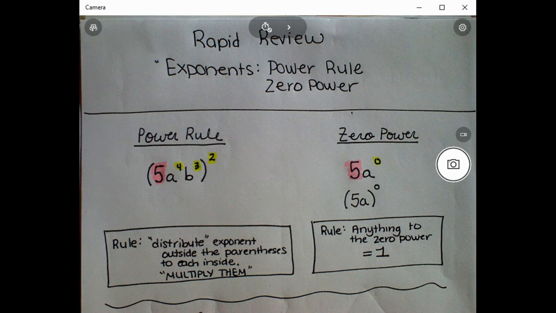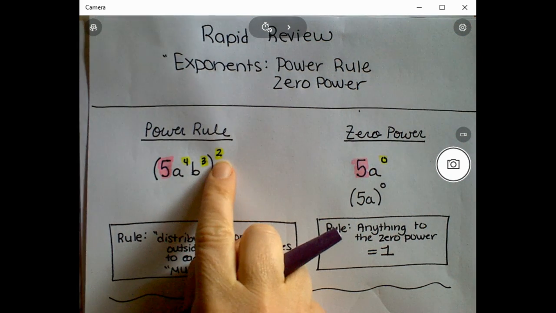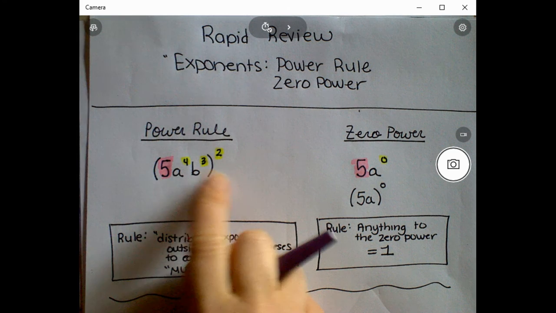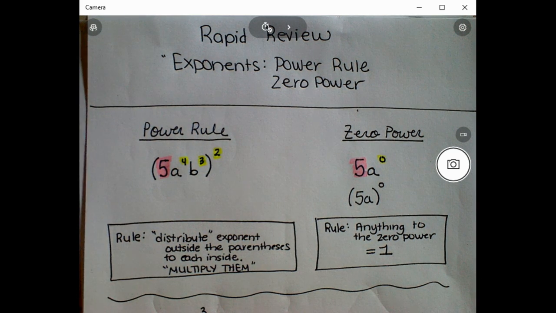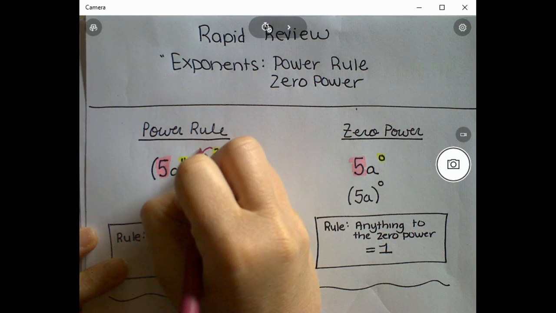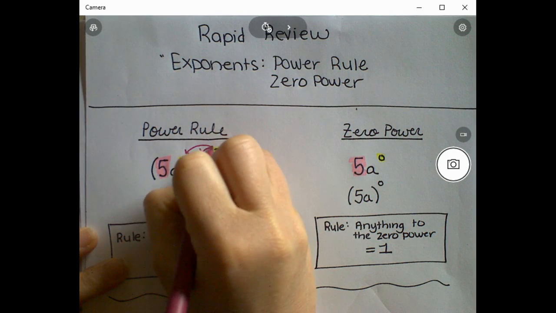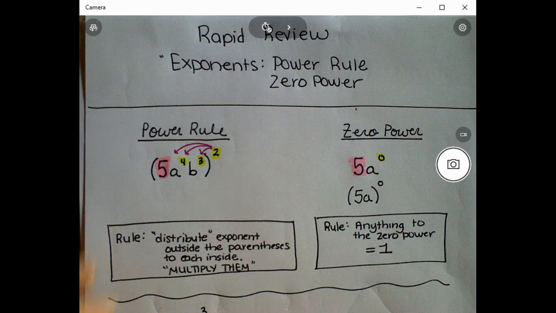All right, two more powers or exponent rules. We're going to do the power rule and the zero power rule. The power rule applies when you have an exponent on the outside of a set of parentheses, and we treat it kind of like the distributive property, actually. So you're going to take it and distribute the exponent to the exponent of each of the letters,